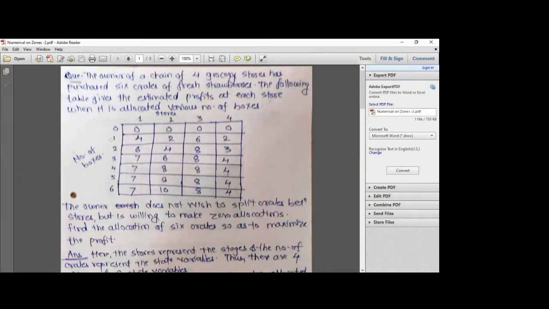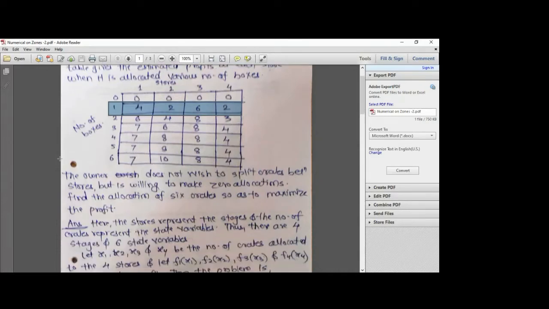Now if he is allocating one box to store one, the profit is 4 units. If he is allocating it to store number two, the profit is 2 units. If he is allocating to the third store, the profit is 6 units, and for the fourth it is 2 units. Likewise, if he is allocating